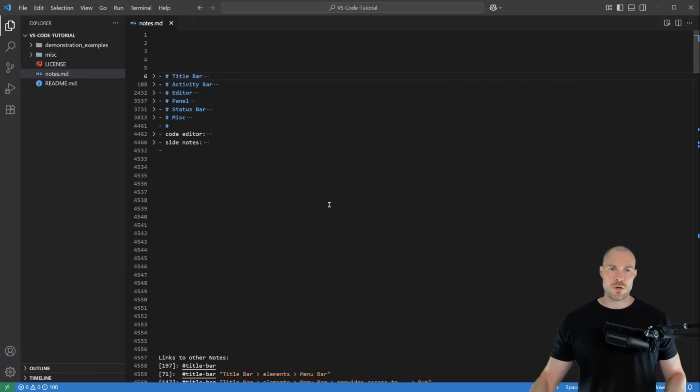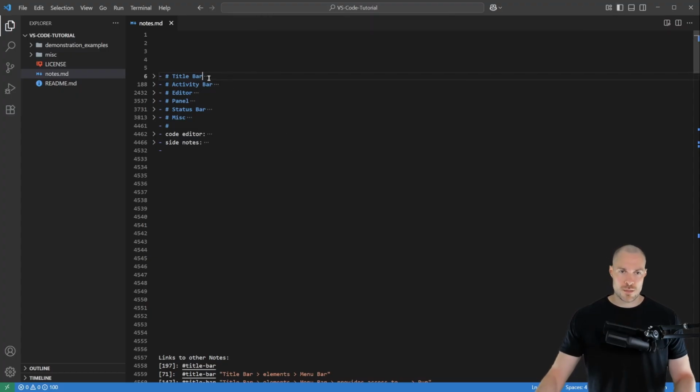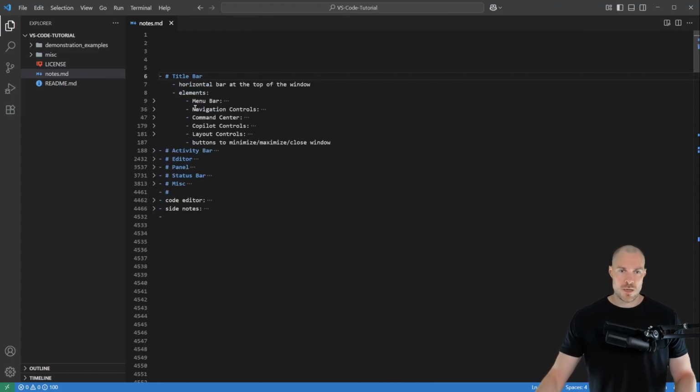And in this video we're gonna go over my notes for the title bar in VS Code. So what is the title bar? It's this horizontal bar here at the top of the window, and it contains several elements. And the first one is the menu bar. The menu bar is here on the left hand side, and it provides access to various commands ordered by these